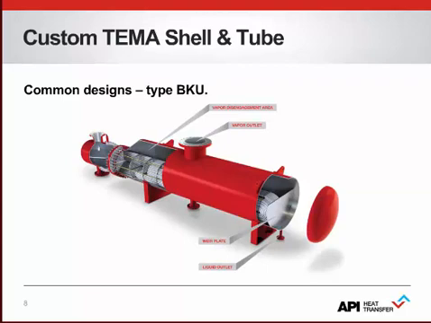Here we have a variation of the BEU, but with a K-type shell, thus making it a BKU. In this design, the front and rear heads are identical to the BEU. However, rather than a simple E shell, we have a K shell configuration. In this case, the K shell is an enlarged shell area to accommodate shell side vaporization with low pressure drop